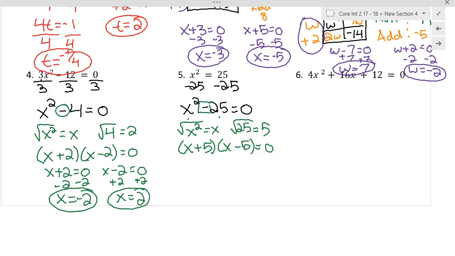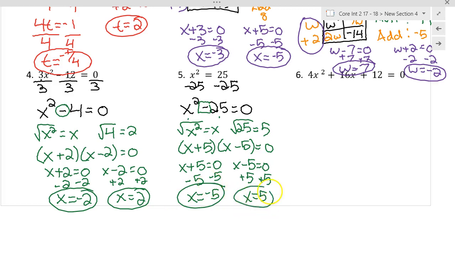I'm going to split my equation. x plus 5 equals 0. x minus 5 equals 0. Subtract 5 from both sides. x equals negative 5. Add 5 to both sides. x equals 5. Alright,